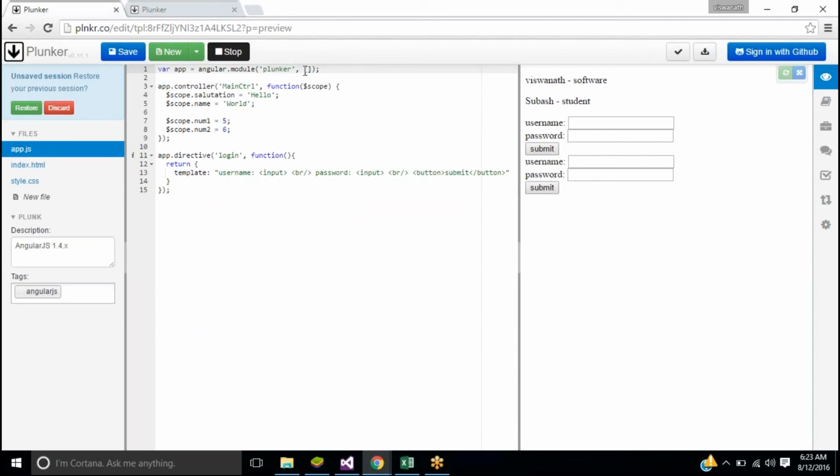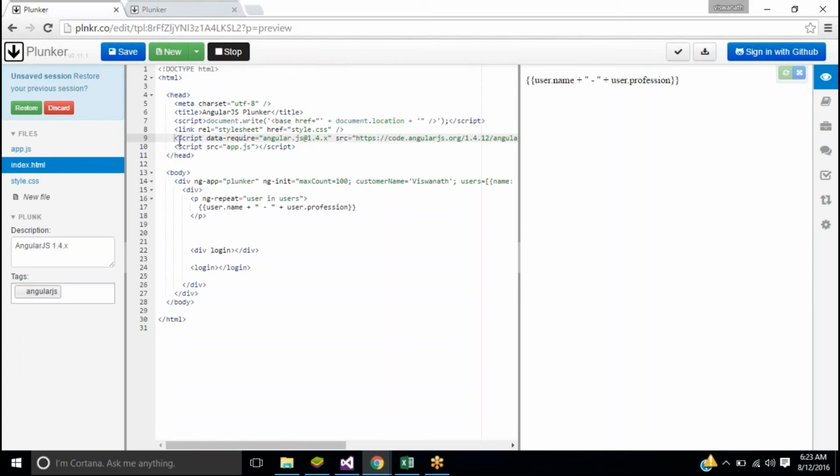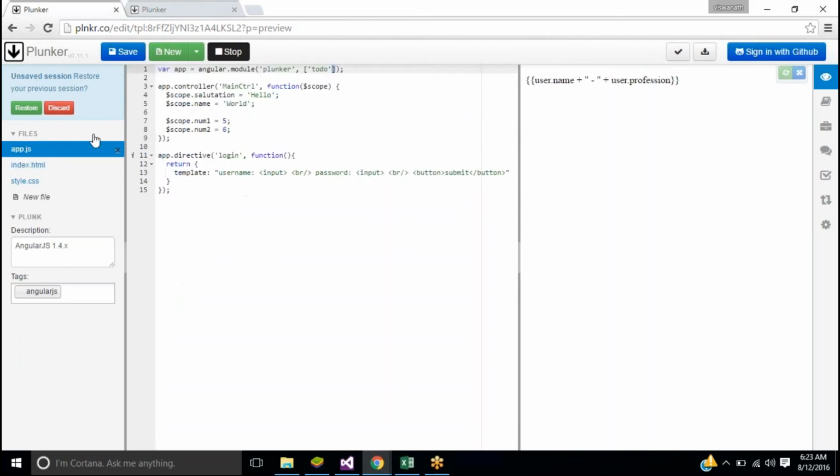While creating a module called Plunker, I have to mention the dependent modules, to-do module, right? This array is for that. It will take up all the dependent modules, which are third-party libraries that you include at the top of your head file. Just including will not do anything. After including, you should also mention that module name here.